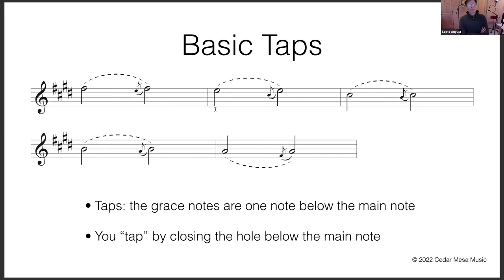So let me sort of explain what we're looking at here. So we have 5 different examples, 5 measures, 5 examples. And we have dotted lines. Those are for slurs, but I'm not being really hardcore about it. I just sort of want to show it lightly here. Now the tap itself, if we look at the first measure, we have a grace note on a 7 going to an 8. So it's approaching the note from below. So if I played it just by itself,